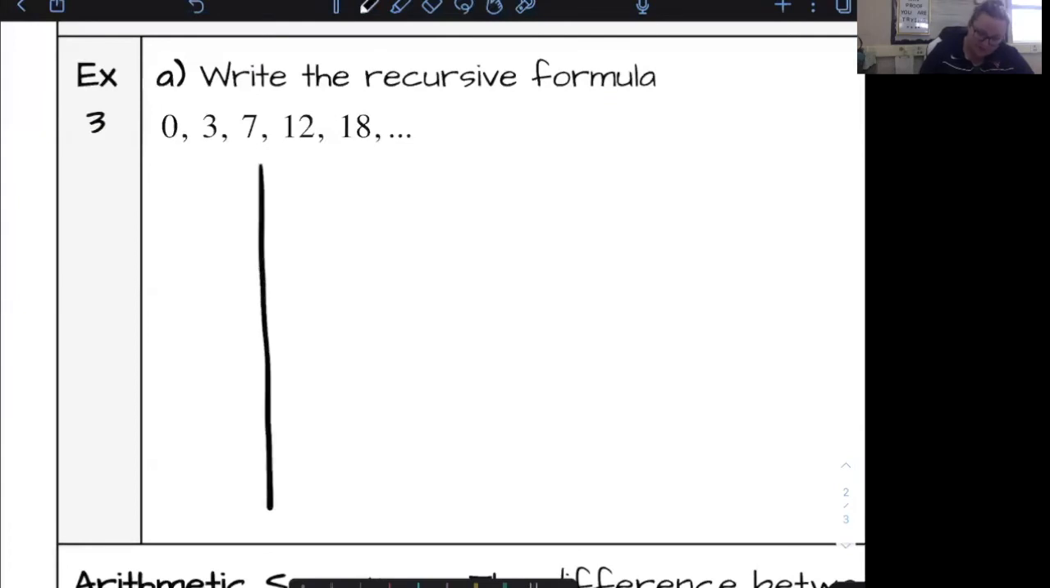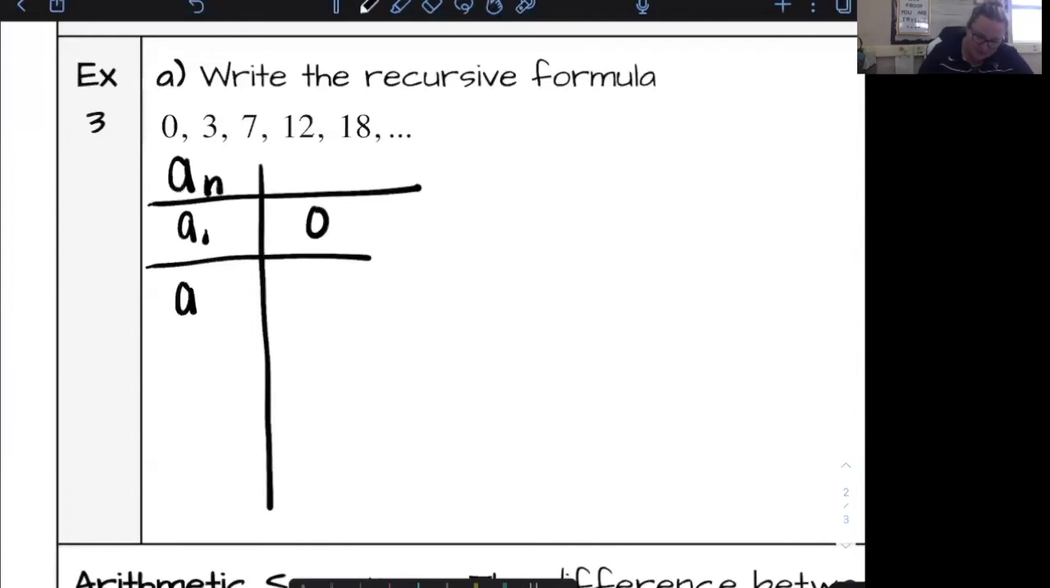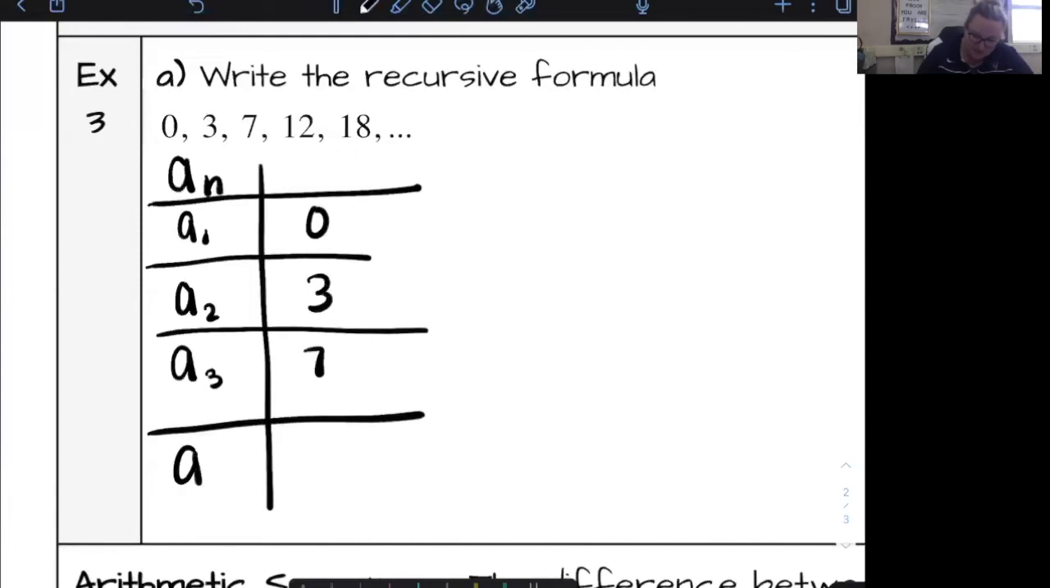So when I make my table, I'm going to have each term. My first term is 0. My second term is 3. My third term is 7. And my fourth term is 12. I'm going to save that fifth term of 18 for later to check and make sure that my formula works. So I'm just going to look at the first 4 terms. So that initial term is 0. Then the second is 3. The third is 7. And the